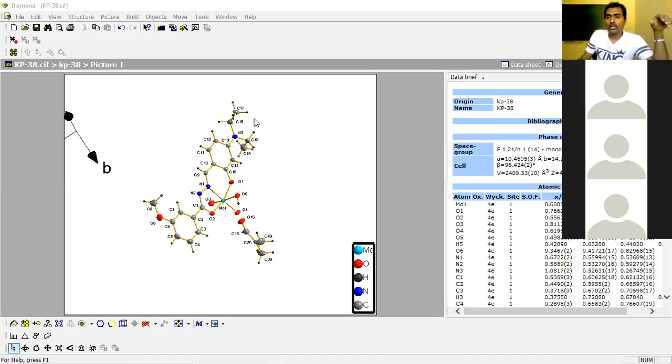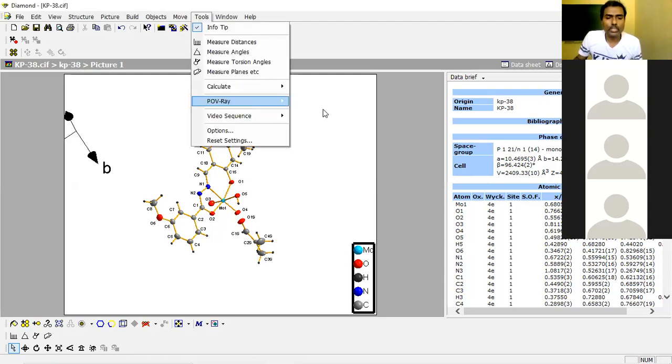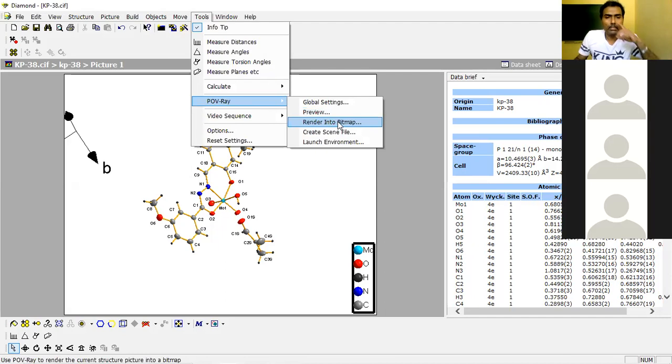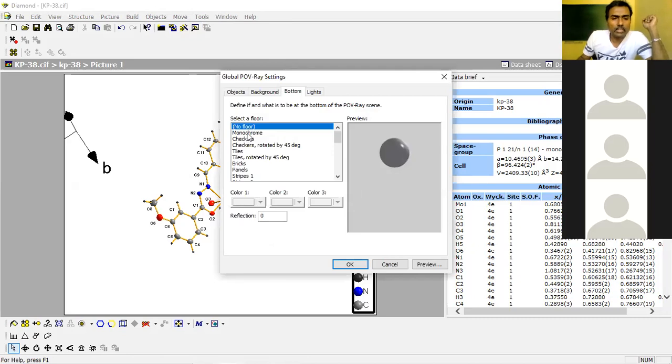So that is how to save the quality pictures after we have done the work. And if we have any place that when you render it, we can do it again and see this tool, POV render into bitmap. And before that, we can set this lighting effect and those things here. And the global setting. Here we can select whatever it is,